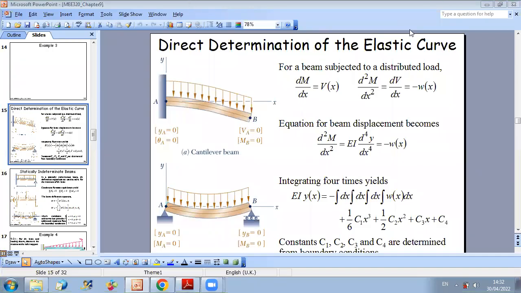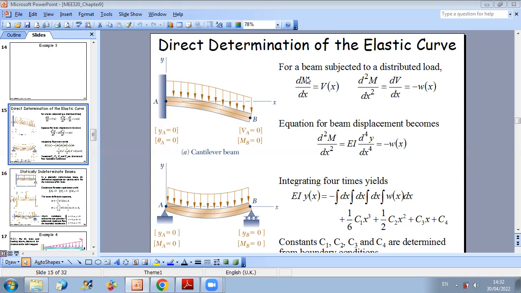Now we will see that sometimes we can directly determine the elastic curve by knowing just the distributed load. So here we can see, for example, that beam AB is subjected to a uniform distributed load that is rectangular. And then, going back to the relation between bending moment, shear and distributed load, we can say